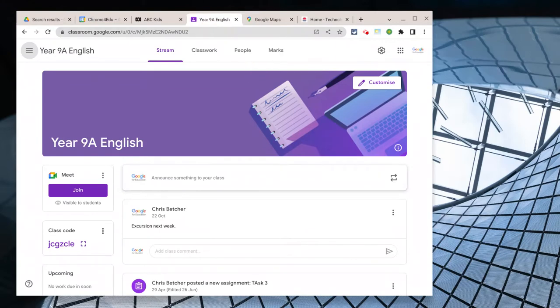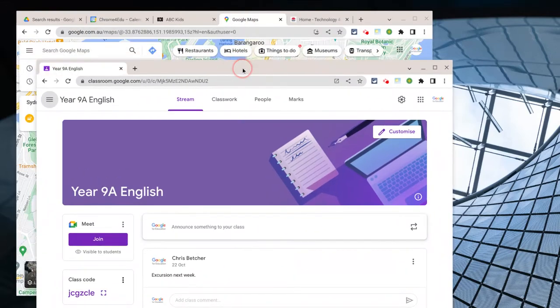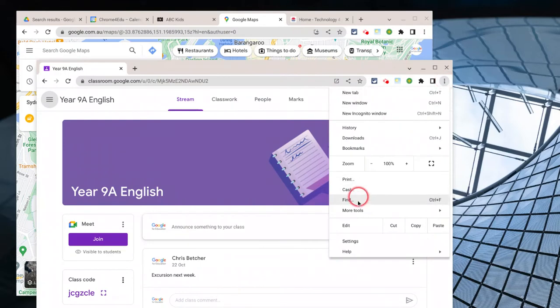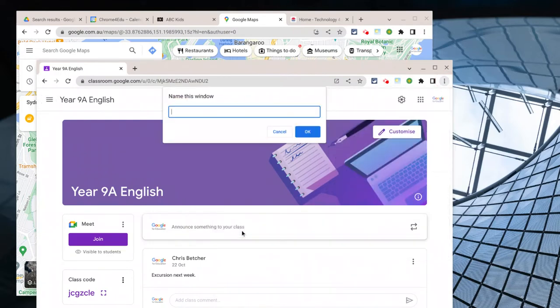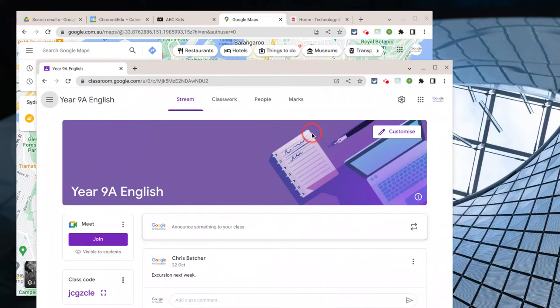One of the neat things you can do when you drag a tab out, let's just drag that out again, is you can name the tab. You can do that by going to the three dots here to More Tools and name the window. Now, when I name the window, and I might just call this School Stuff, you'll see that now if I